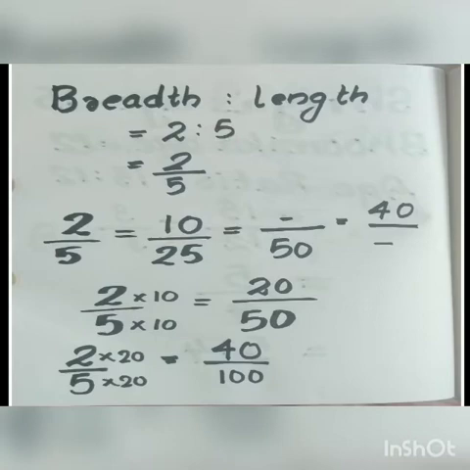So 2/5 and here 50 is given. So 5 into what is 50? Here if it is an equivalent fraction, you know the numerator and the denominator will be multiplied by the same number. So 5 into 10 is 50, that you know. So the same number should be multiplied in the numerator. So what? 2 into 10, 20. Now second one, 2/5 is equal to 40 by dash. Similar way considering 2 into 20 is 40. So 5 into 20, 100.